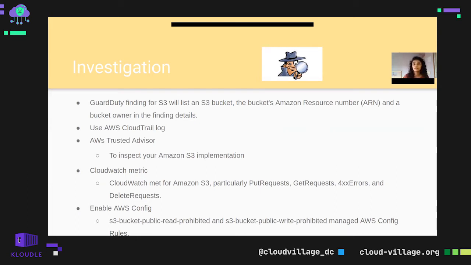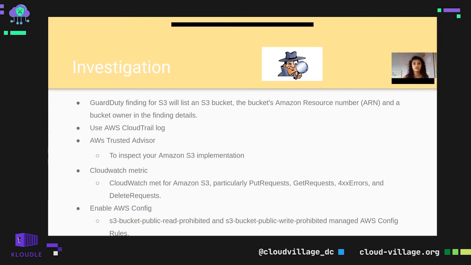So you might have a fair understanding of what the ARN of that particular bucket is and who the owner of this bucket is. Then you can use AWS CloudTrail logs to see at what time the request was made and from which IP the request was made. You can use Trusted Advisor if you configure your S3 bucket